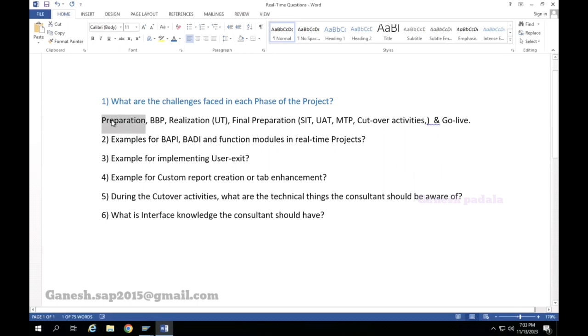What are the points in MM? You are a consultant of MM. These are the companies they have, and these many processes they are going to use. Those kinds of talks mainly happen in the preparation stage. When it comes to the blueprint stage, we will go on site and discuss the business requirements.